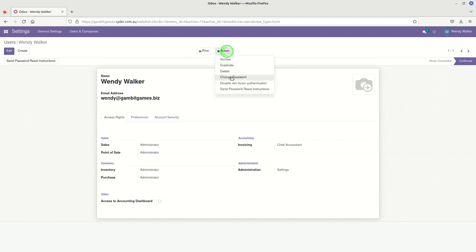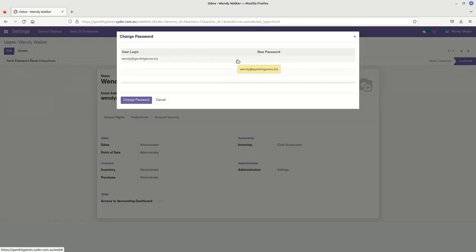The next thing we need to do is change the password. The reason why we're changing the password in this method, I just wanted to show you that if we're the administrator, we can manage other people's logins. So if someone forgets their password or whatever, we can manually reset it here. We can also, if you notice behind the screens, send the user a password reset instruction, so we don't need to actually do it on their behalf every time. But if we have email set up correctly, then we can just send the email to them and they can change the password. So anyway, I'll put in my new password